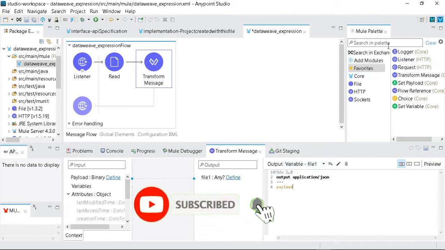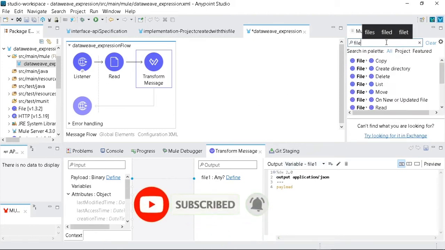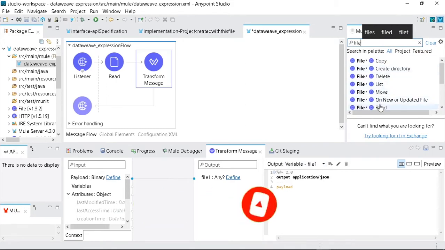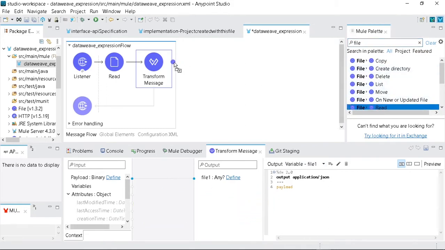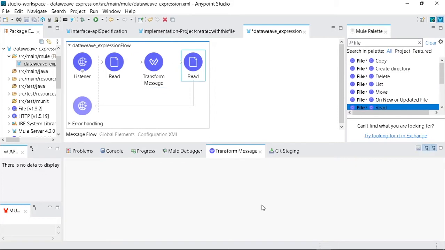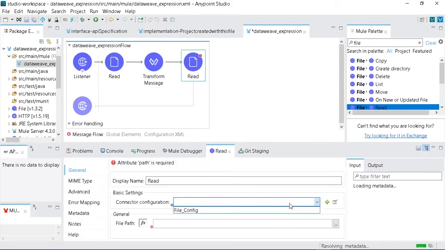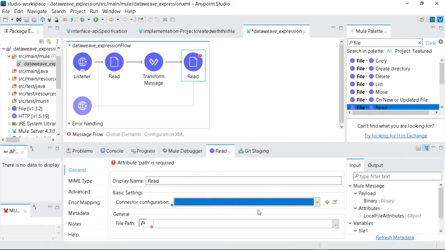Now I will take another component, a file read component, and I will use the previous configuration. Previously I was using a configuration which I created for this file read component, so that same configuration I will use here.